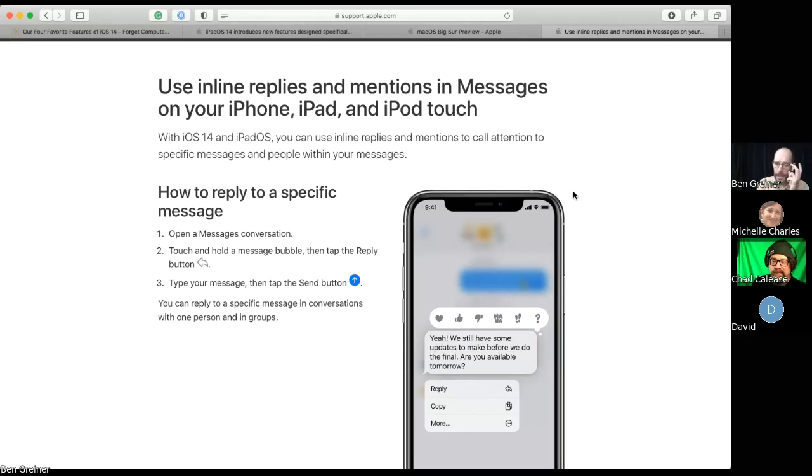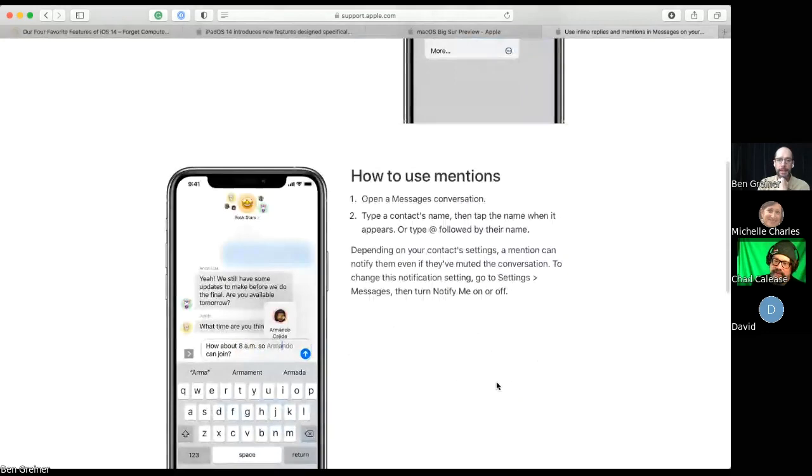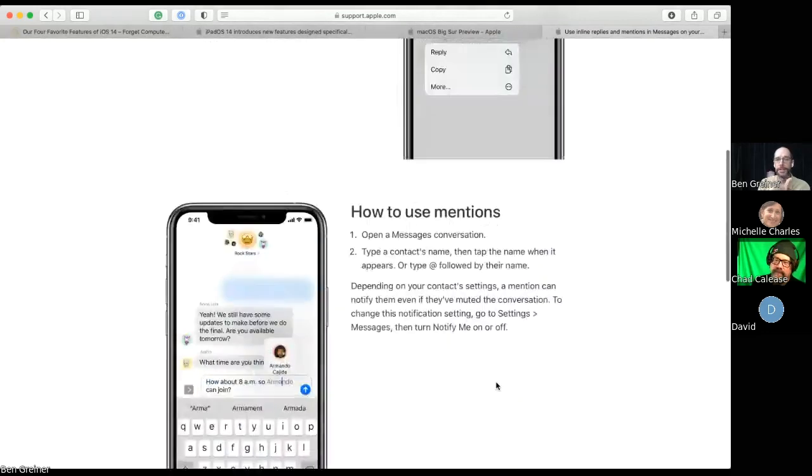And iMessage gives you a lot more options, including now the ability to reply in line. So when you click and hold a message, we are most likely familiar with these, the heart, the thumbs up, thumbs down. But now you have the option to reply. I don't think they have a screen grab here.